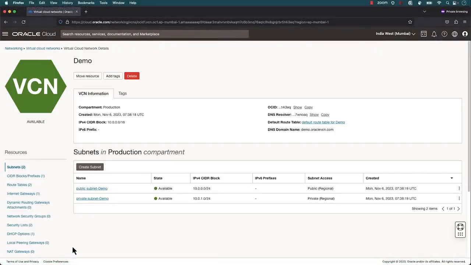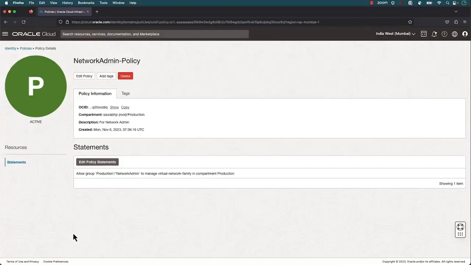So to wrap up, it was a quick demo where we authorize network admin group to access VCN by writing a policy statement. And in the policy, we allowed them to manage all VCN resources and then scope it to the production compartment. In a similar way, we can write more advanced policies for every service, and you can go even more granular. So hopefully with this demo, you got to know how